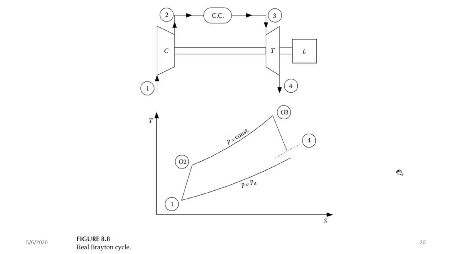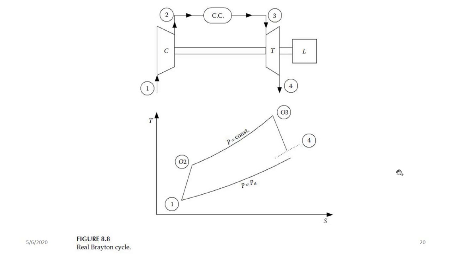Okay, so this is a sketch of a real Brayton cycle with losses. So you can note that in the previous sketch, we assumed that the pressure at 4, which is exit to the turbine, was equal to the ambient pressure,